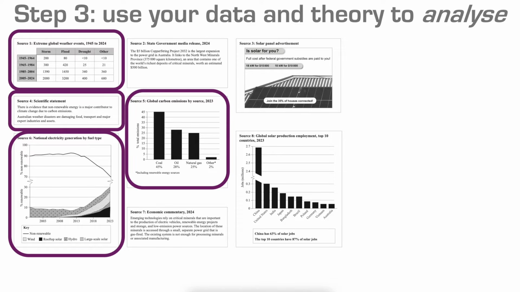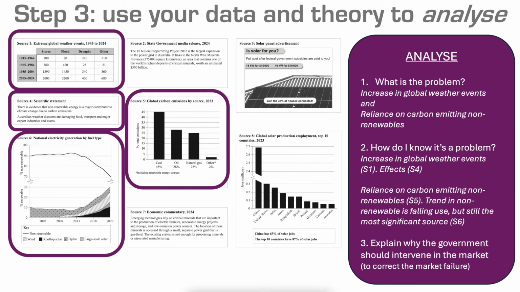And then source 6 and 5 sort of talk about this idea that we still are primarily using non-renewable sources. And so now we can see that we've got two problems, and we know how they're problems because we can see some changes and we can then see some data linking as to effects, for instance, in global weather events. And similarly, in terms of source 5 and source 6, we said the reliance on carbon emitting non-renewables